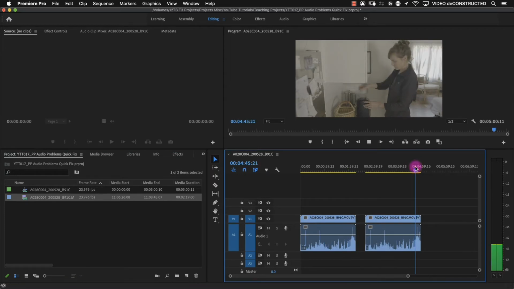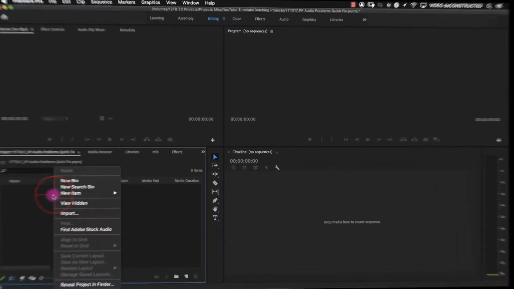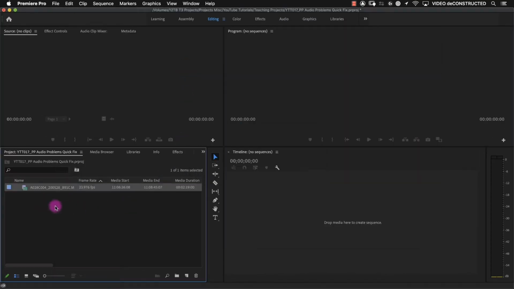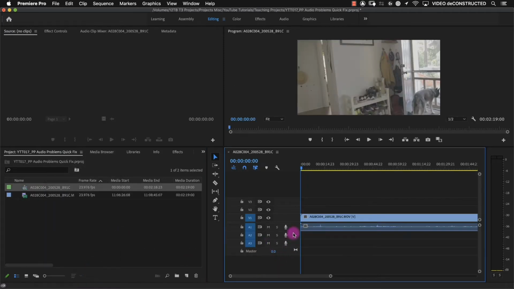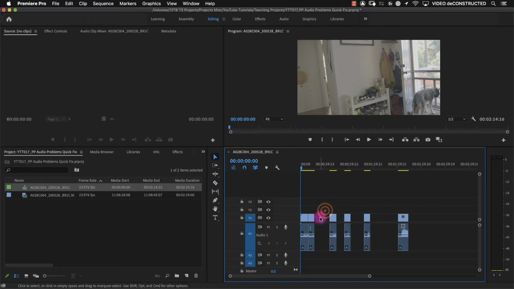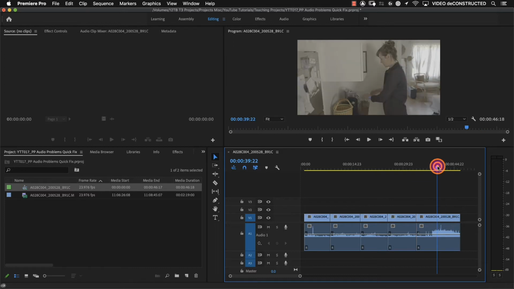we have audio coming out of both the left and the right. Let's take a look at this second example again, and I'll modify the audio in a different way that might help you save a lot of time in an edit. And again, we're going to just create a fake edit here. So here's our edit, and when we hit play,